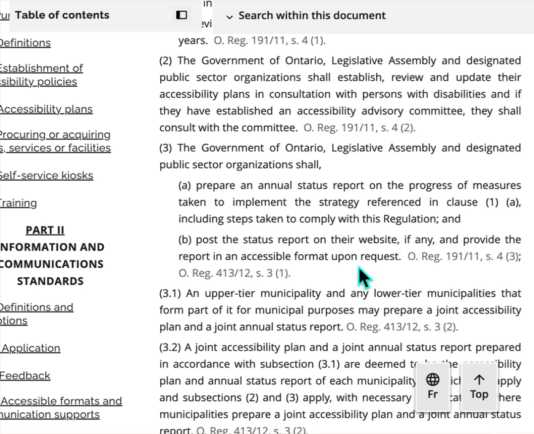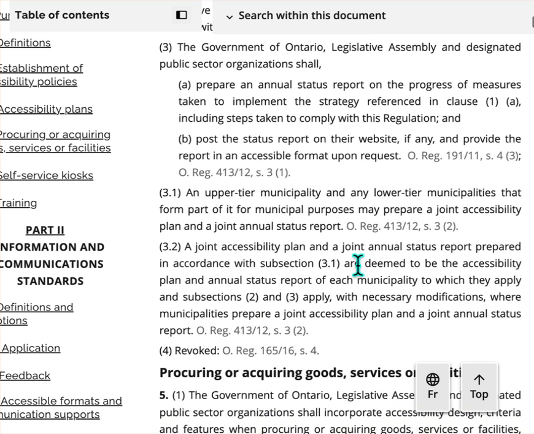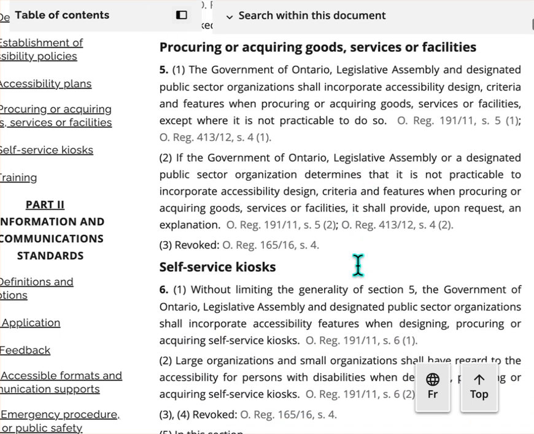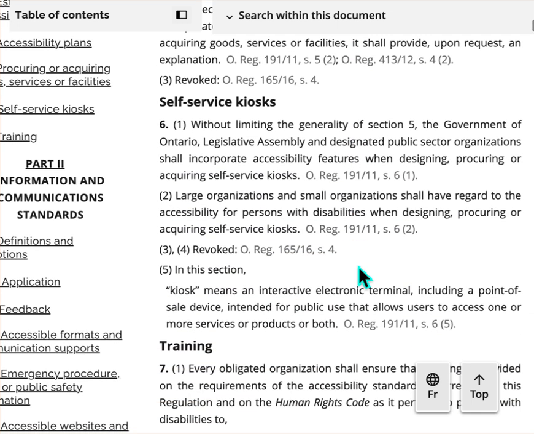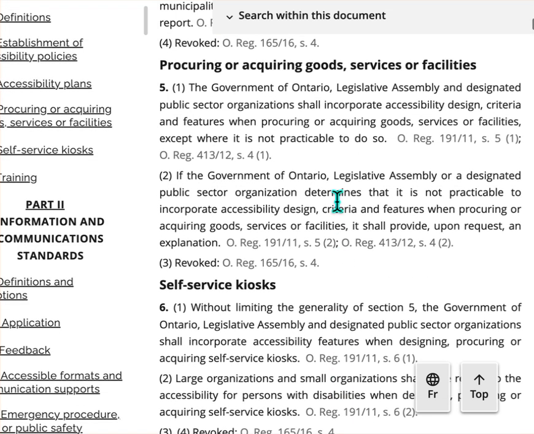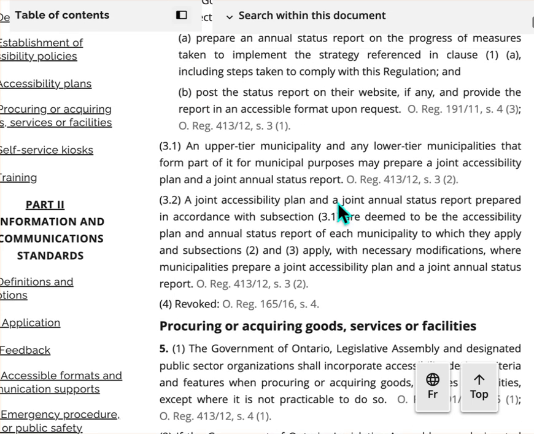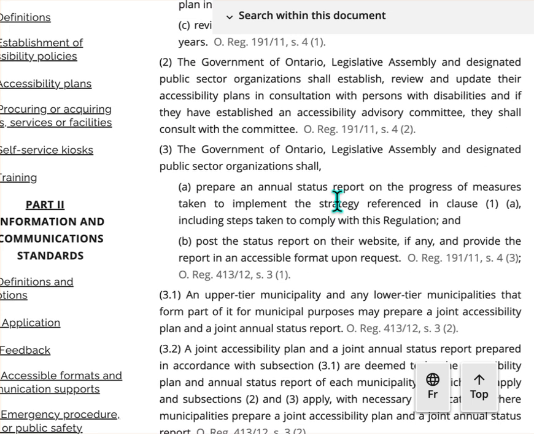I'm going to just summarize what is written and what I've understood from this regulation. What it covers digitally is all websites and web applications, digital documents like PDFs, Word, PowerPoint, etc., and any public-facing web content published after January 1st, 2012.